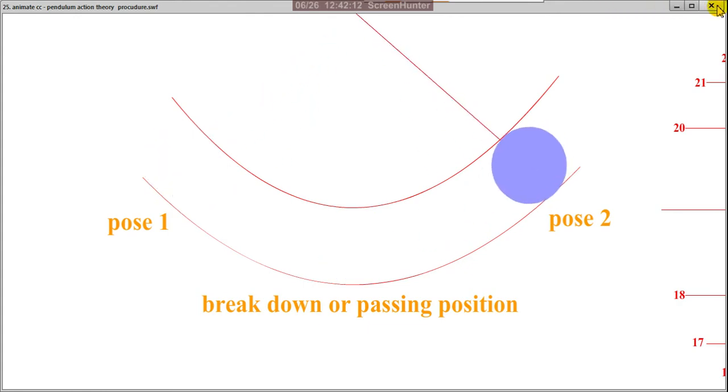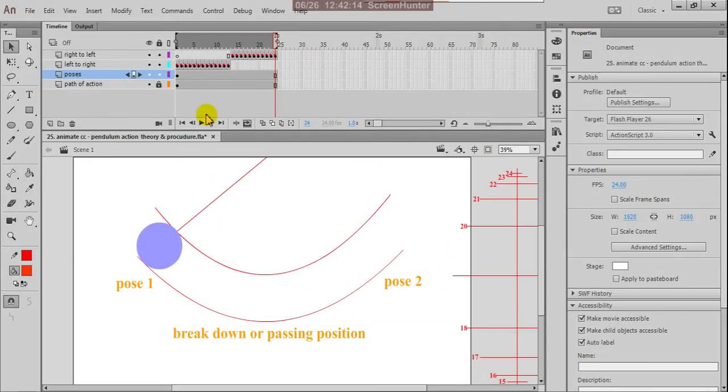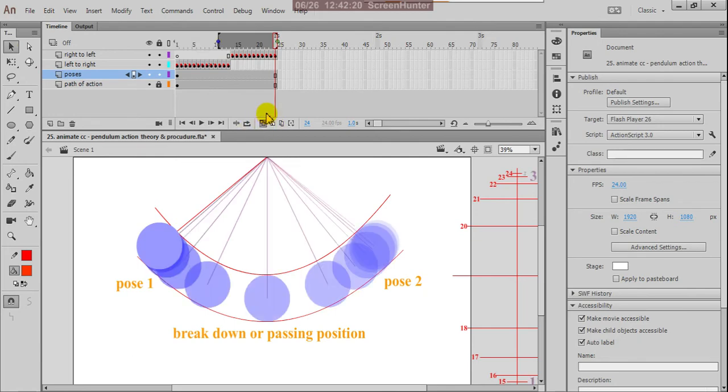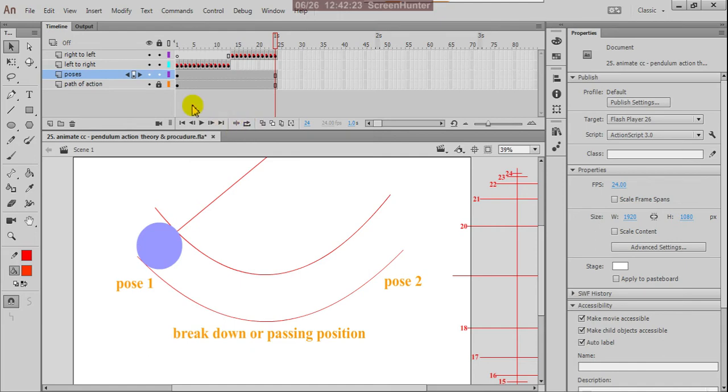Okay, so next we are giving the shades, because the pendulum is a metal object, so we are trying to give the same metallic effect.